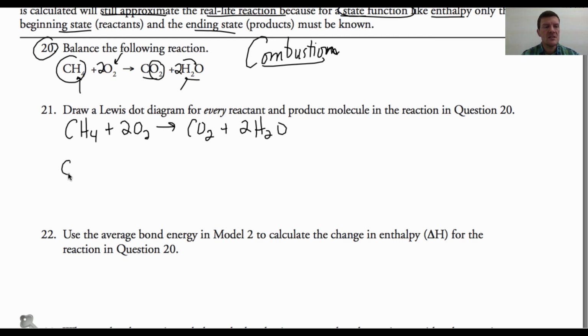So CH4 looks like this. Okay. Oxygen is oxygens that are bonded together. So oxygen has 6 valence electrons, so there's going to be 12 valence electrons in an O2 molecule. There are 2 there. And if I put the other 12,